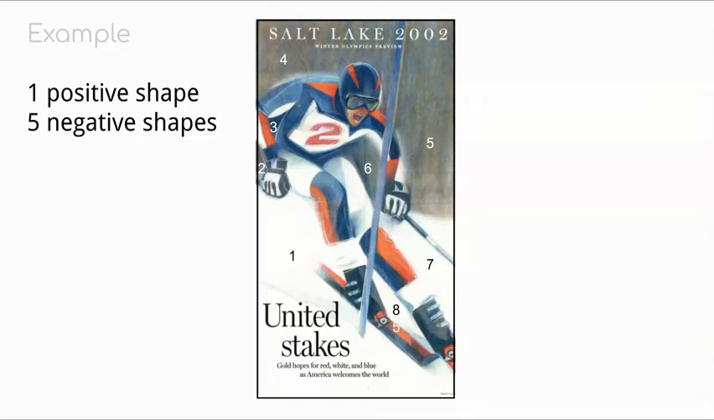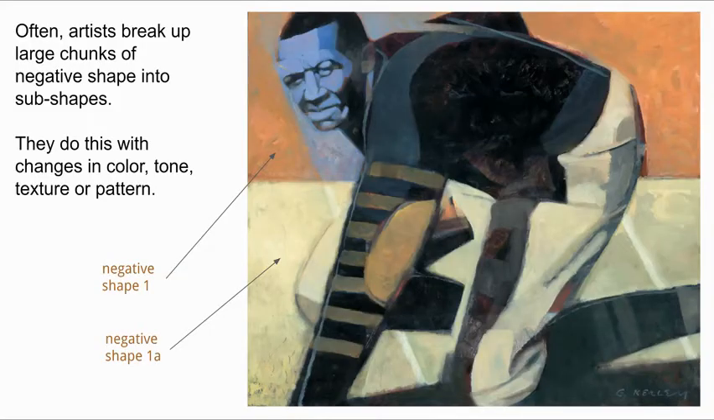And in this case, we see similar things happening, for instance, just the way the skier's legs are positioned, and skis actually. Look at negative shape 8 and notice how it's separated from negative shape 7. So in this case, we have one positive shape and 5 negative shapes. Here, one positive shape and